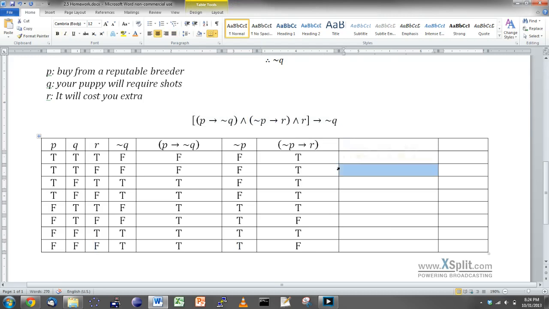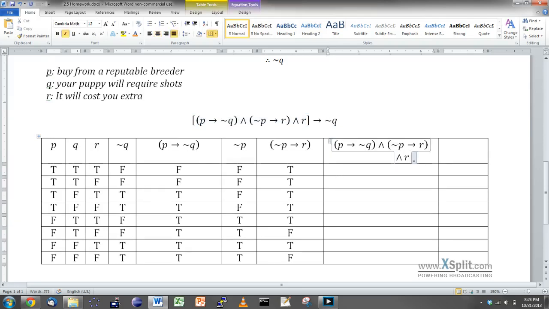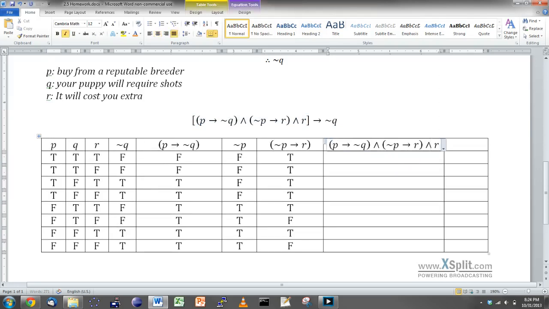So we're most of the way done with our truth table now. The next step, I want to do all of these ands together. So everything in these brackets, I'd like to do together. I'm going to shrink that down a little bit just so it all fits appropriately. All right. So essentially what I'm doing here, and I'm going to do a little bit of color coding,